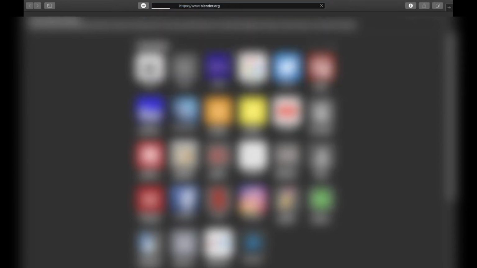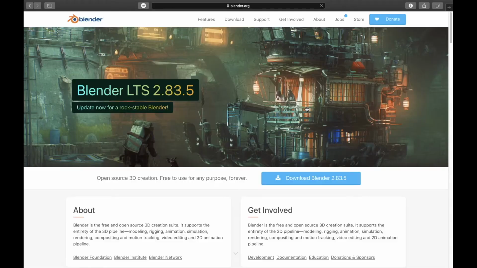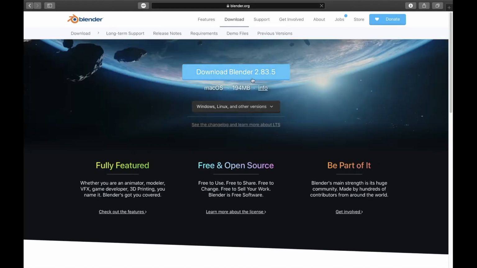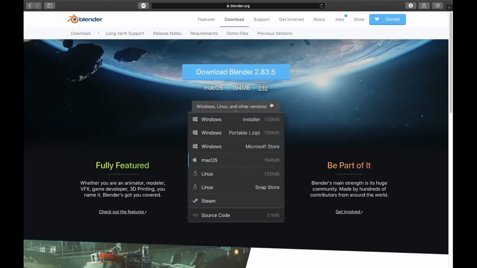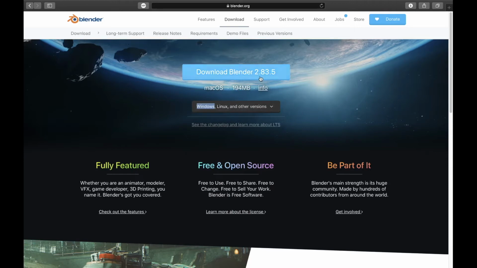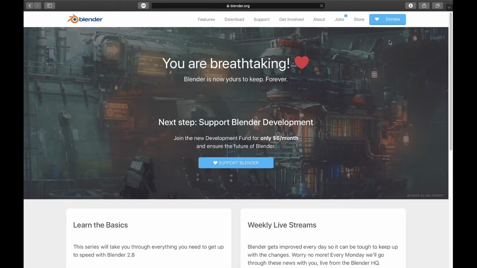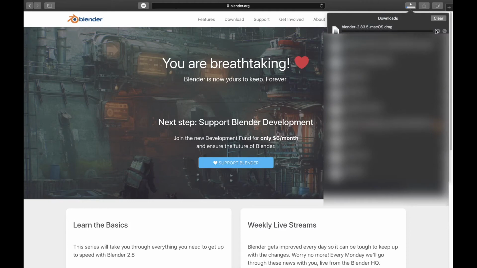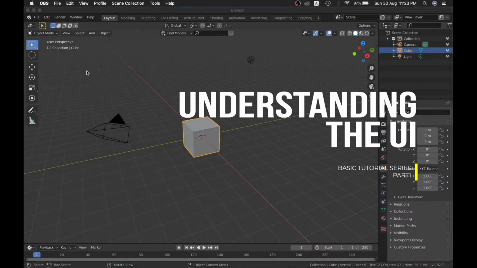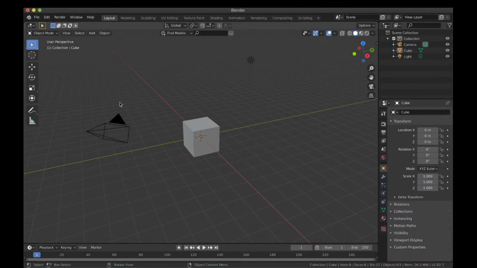Blender is an open source software, which means it is available on the web for free. To download Blender, go to blender.org's website and hit the download button on the main screen. After you click the download button, you will be redirected to the download page. From there, you can select the operating system and choose the latest version for download. Also, you can download earlier versions of Blender. For tutorial purposes, I will be recording Blender on 2.82 version, but I recommend you downloading the latest version for best support.